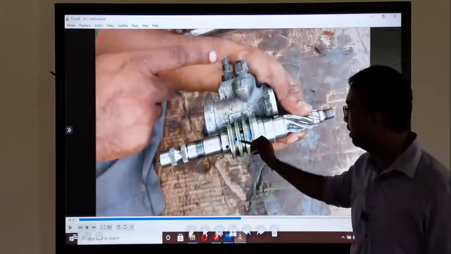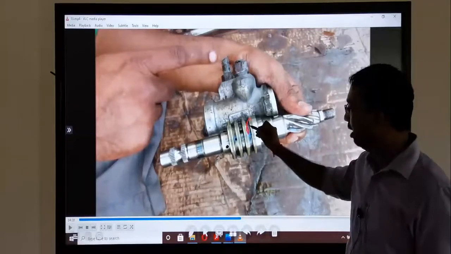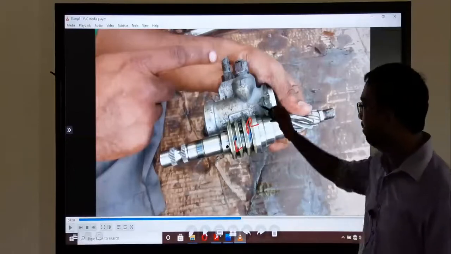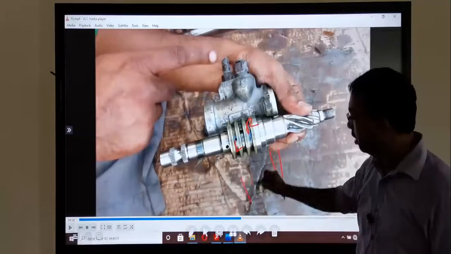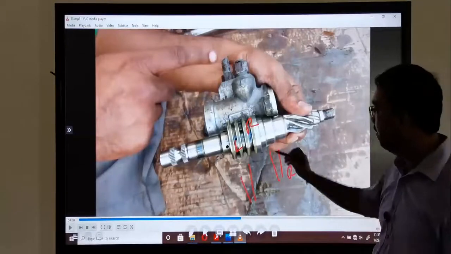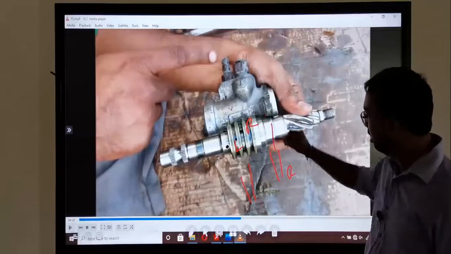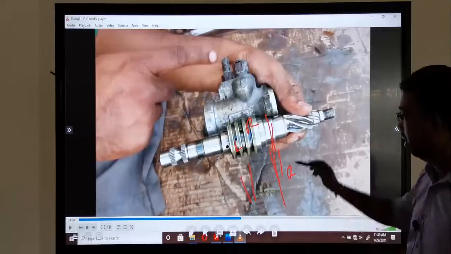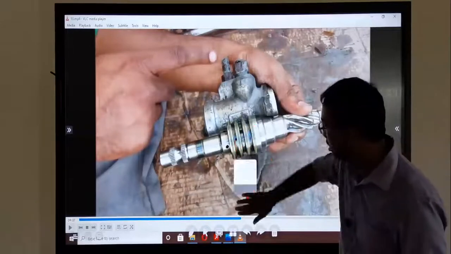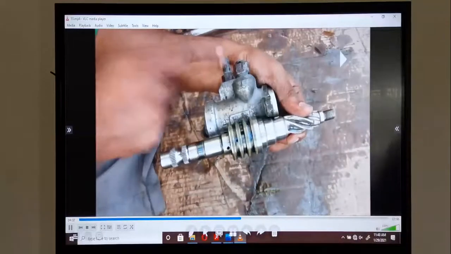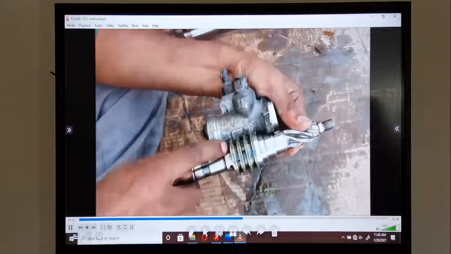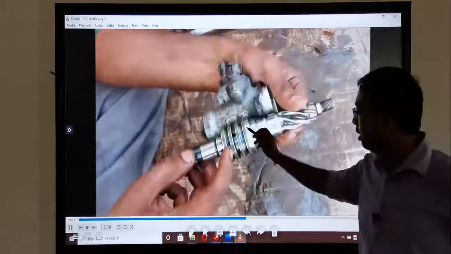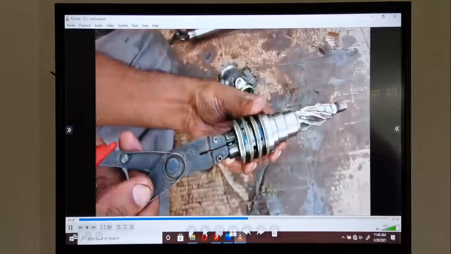Okay, these two holes are what? One is for the left line, the other is for the right line. This is also the same, and on the other side there are two lines, left and right. When this right hole comes to this same level, this control valve lets the fluid flow towards the track. That is low pressure. Here there are two layers, that is related to the supply line.